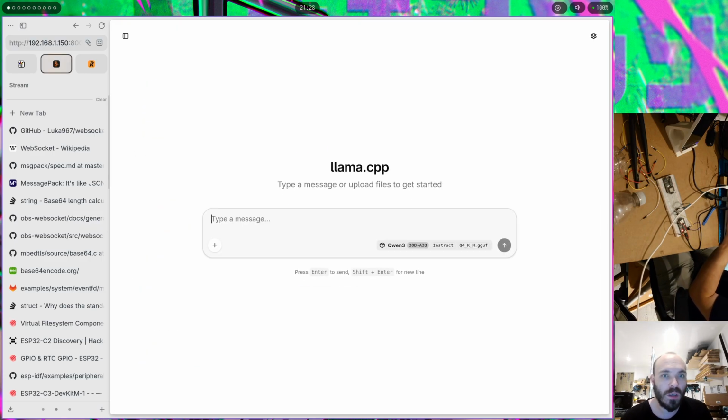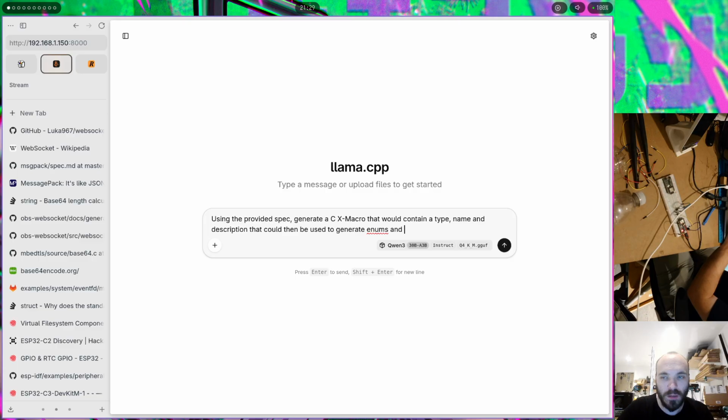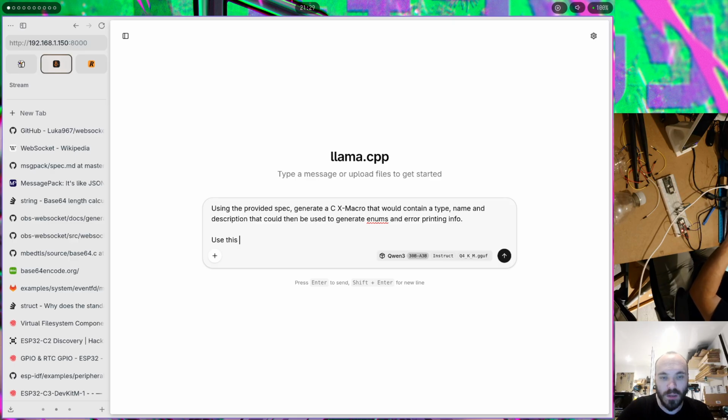So I'm going to copy all of this and say, using the provided spec, generate a X macro that would contain a type, name, and description that could then be used to generate enums and error printing info. Use this template,